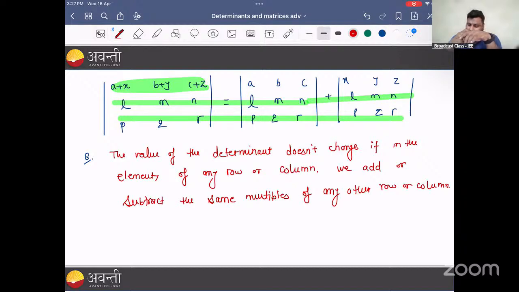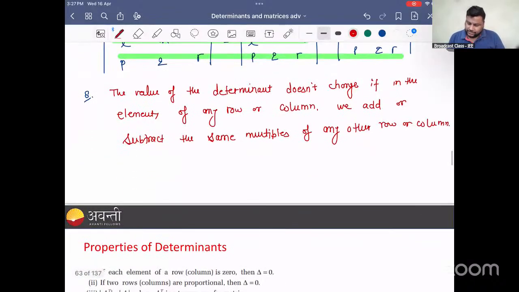Understood? So the value of the determinant does not change if, in the elements of any row or column, we add or subtract the same multiples of any other row or any other column. That means